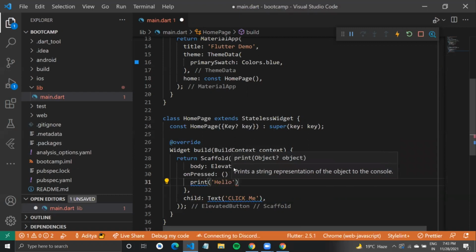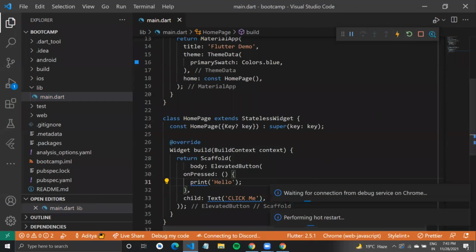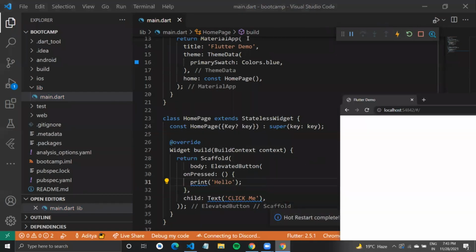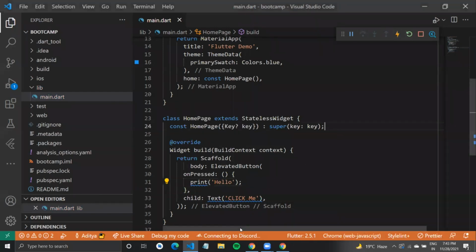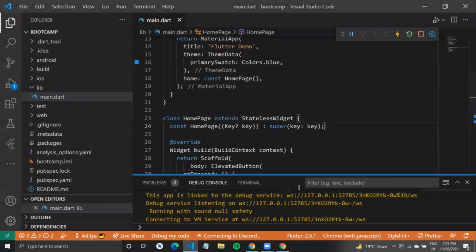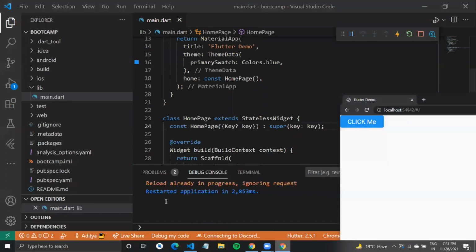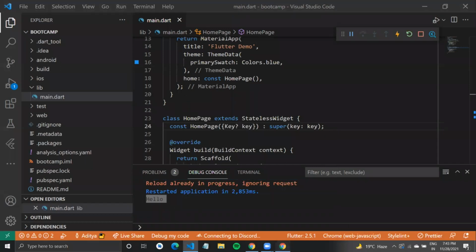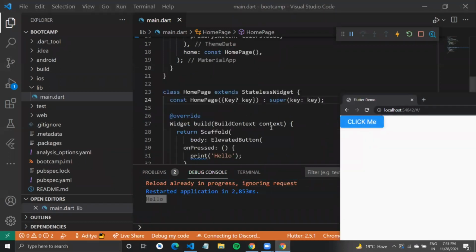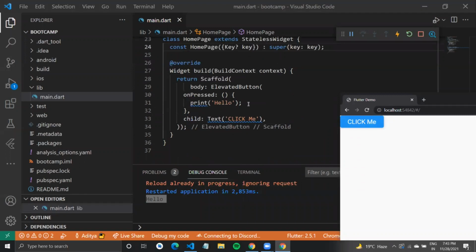maybe say hello to screen, close this off. Let us see if it's working fine in the terminal. I can open my terminal here. Okay, so you can see hello printed out to the terminal, right? Similarly, you can do a lot of things. In our case, we just did this print hello, but if you click on the button, you can do different things with it. And this is just the basic code. So this is how easy it is to write code in Flutter.